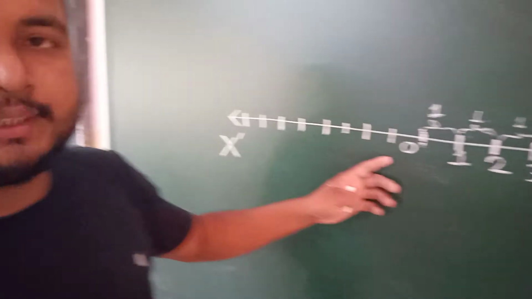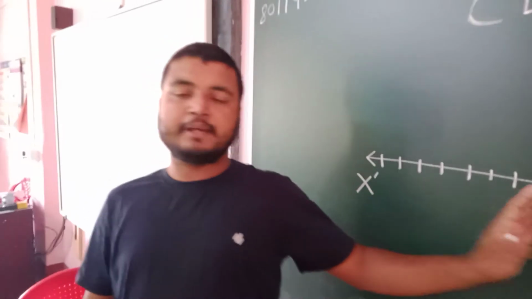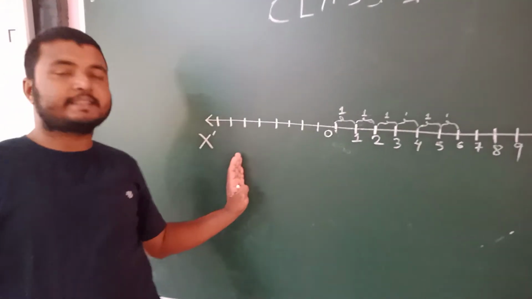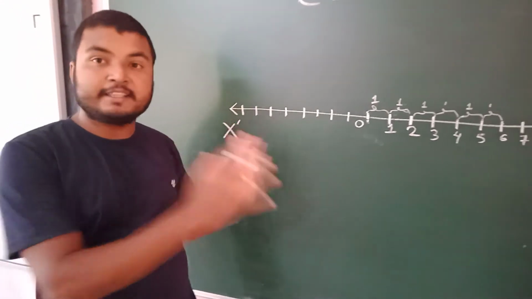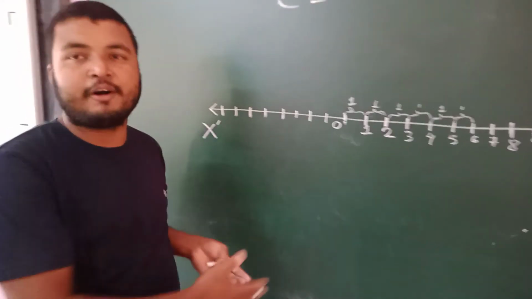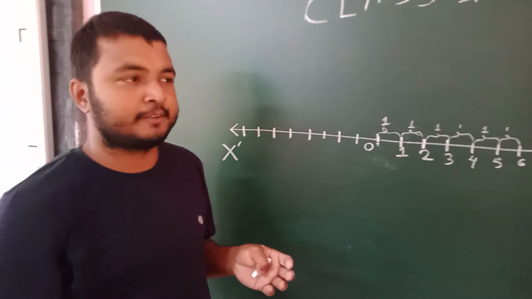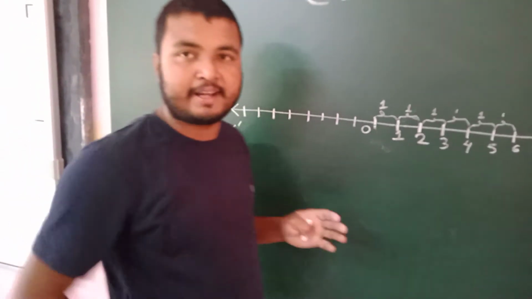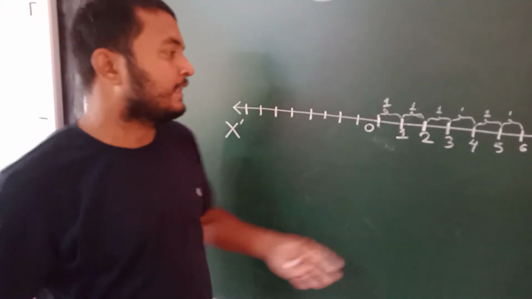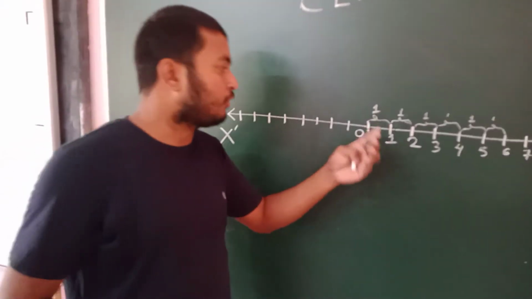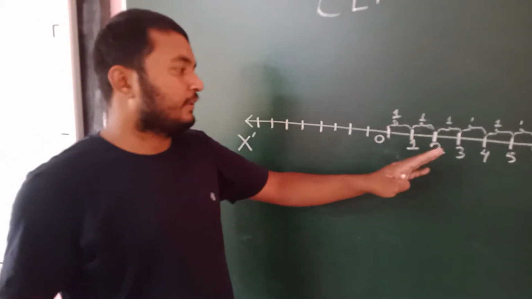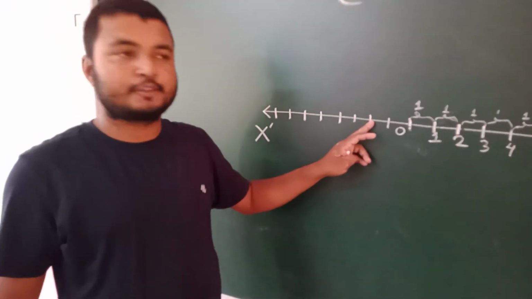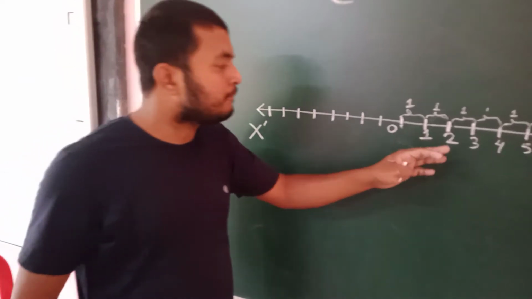Now for this side, here we have taken positive. So this side will take as negative. To differentiate between the direction of the point, we have to know the direction of the point. If we write here 1, 2, 3, 4, then it will not create a difference. If I say a point 2, 2, then people cannot say which two, these two or these two. So we have to change the sign.